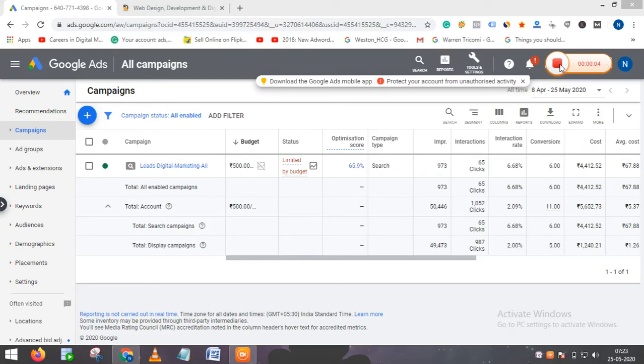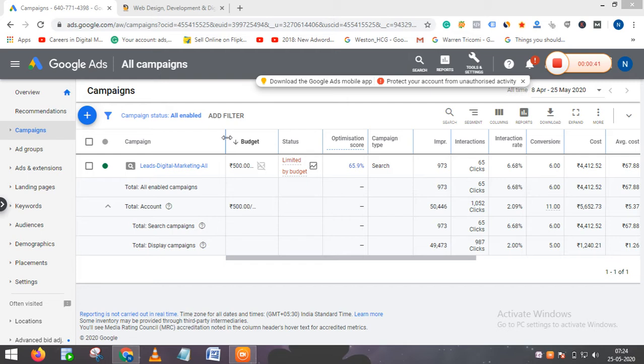In today's video, I am going to tell you what a lead form extension is and how to create a lead form extension in Google Ads. So first we will understand what a lead form extension is. A lead form extension helps advertisers collect leads directly from their search campaign ads. Advertisers can add a form to the search campaign ads to generate more leads for their search campaigns. So we will see how to create this lead form extension and how it looks in Google Ads search campaigns.